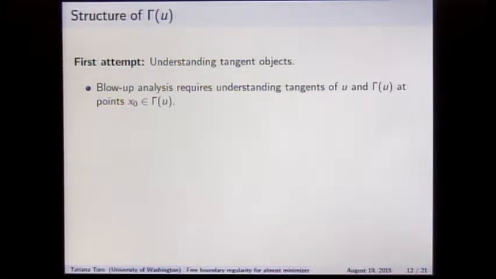What does it mean to blow up? Well, let me explain by hand, since clearly what's going to happen is I'm going to tell you this is lovely, but it doesn't work, so I'm not going to waste time. You want to understand the infinitesimal structure of gamma of u. Think that you're teaching your calculus class, and you want to convey the idea of having a tangent on the graph of a function. What does a current student do? They plot on their calculator. They enlarge, enlarge, enlarge, and they see a line.